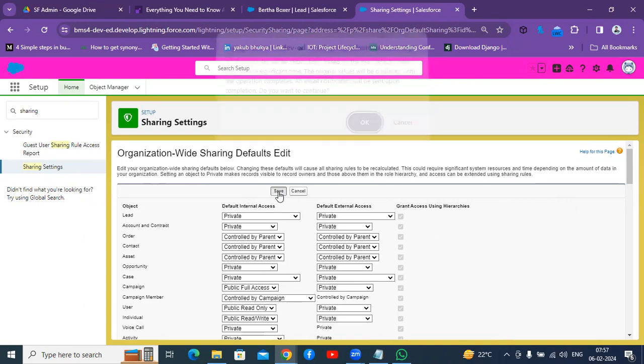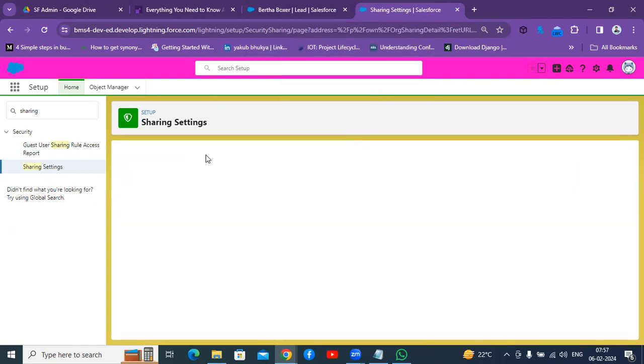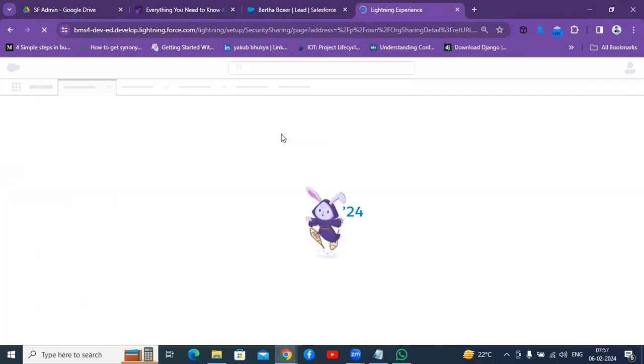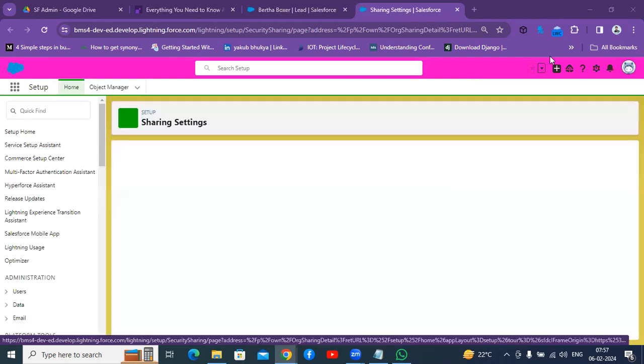Okay. Now I'll save it. Saved OWD settings. Now record owners only will have access to the records. Give me a minute. Yes.